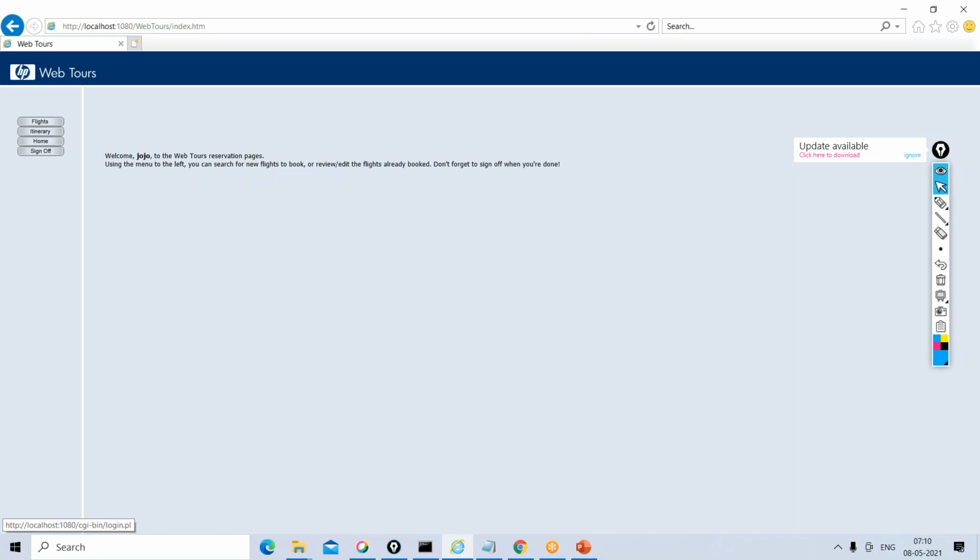Once the login is successful, this particular user will be navigated to the home page, right? So this is the home page. If I have to validate the login functionality, I entered the username, I entered the password, and I'm able to navigate to the home page. So this is all about functionality testing. But as a performance tester, I'm not interested in validating the complete functionality.